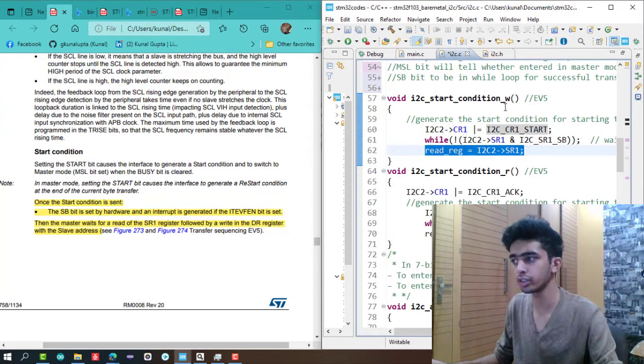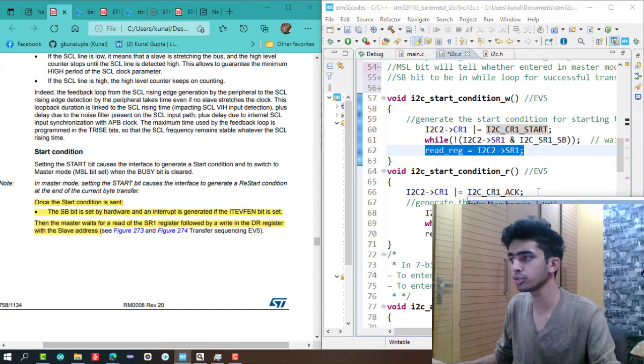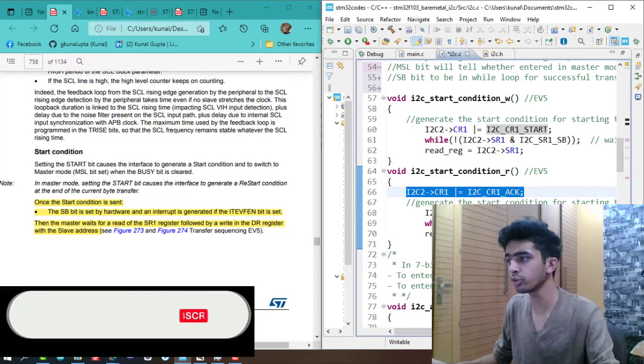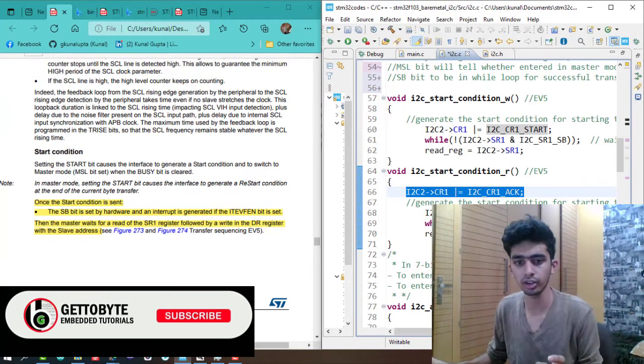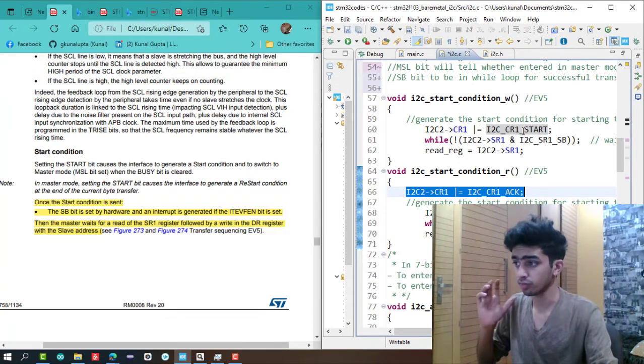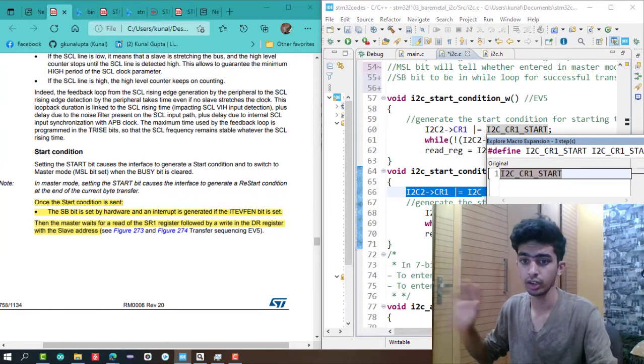If you want to receive data in master mode, then we have to do one more thing, that we have to enable the ACK bit, okay, the acknowledge bit in our I2C session. All the other things will be the same: generating the start condition, then while looping on the SB bit and reading the register. Why I am reading that register, I will tell you in a minute.